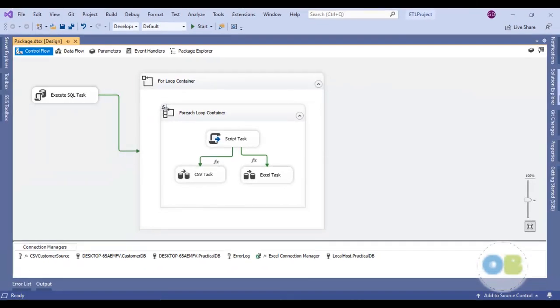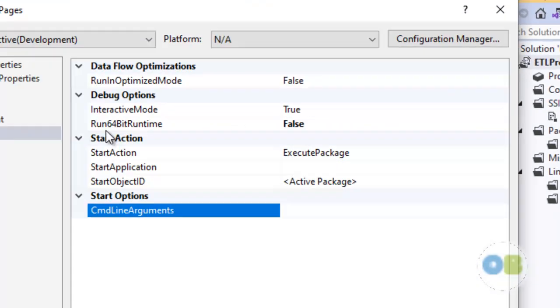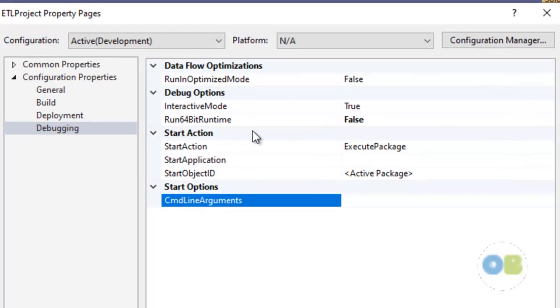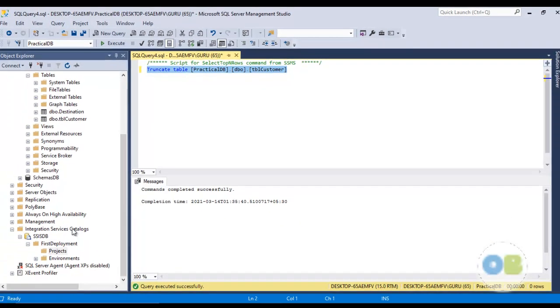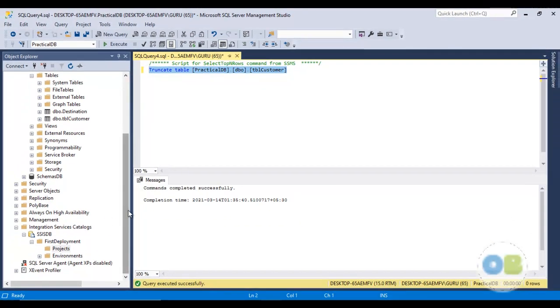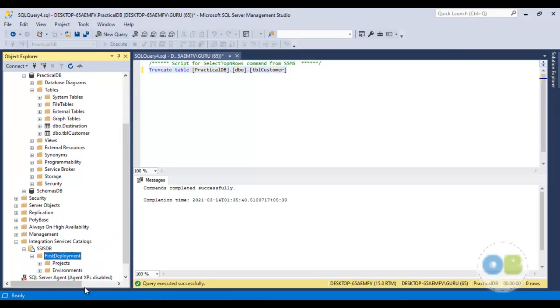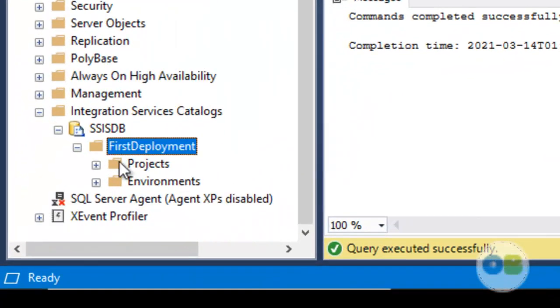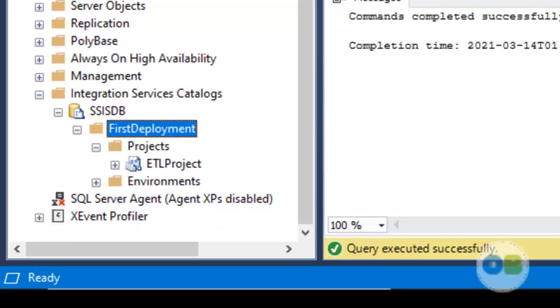Let me also tell you, friends, that my package is running in 32-bit runtime, not in the 64-bit runtime. For that, let me go to the integration services catalog, refresh the first deployment, and select project. You can see the ETL project here.